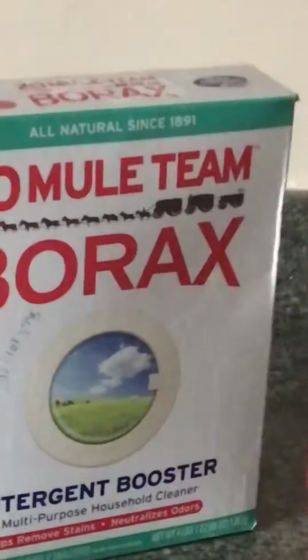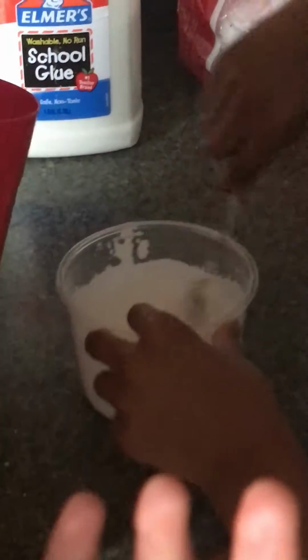So everybody, as she's stirring, I'm gonna be pouring a little bit at a time some borax. This is borax mixed with water, which is the activator, with this slime. So as she's pouring, I'm just gonna be over and over, just starting to, it starts to get together, and it's gonna keep getting